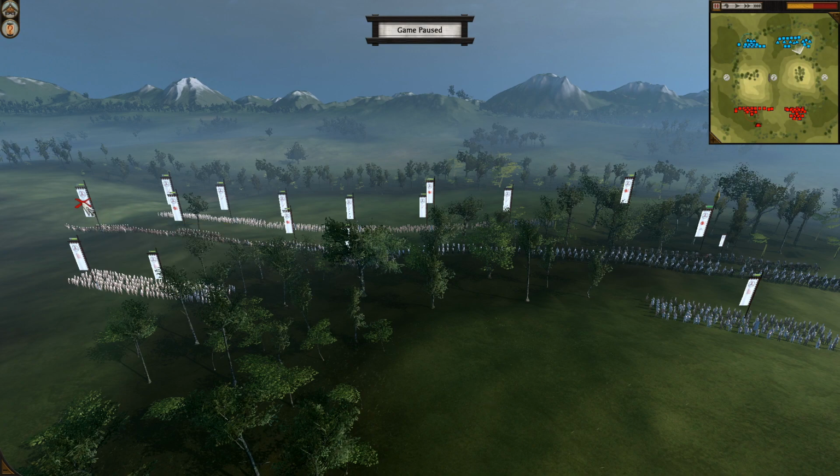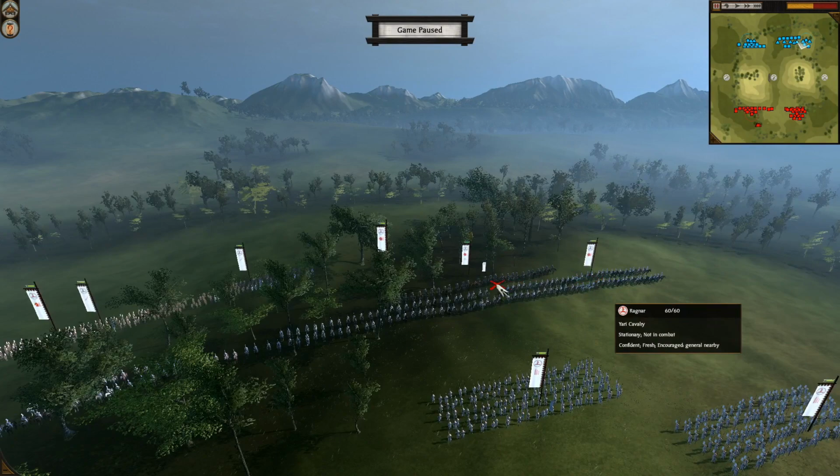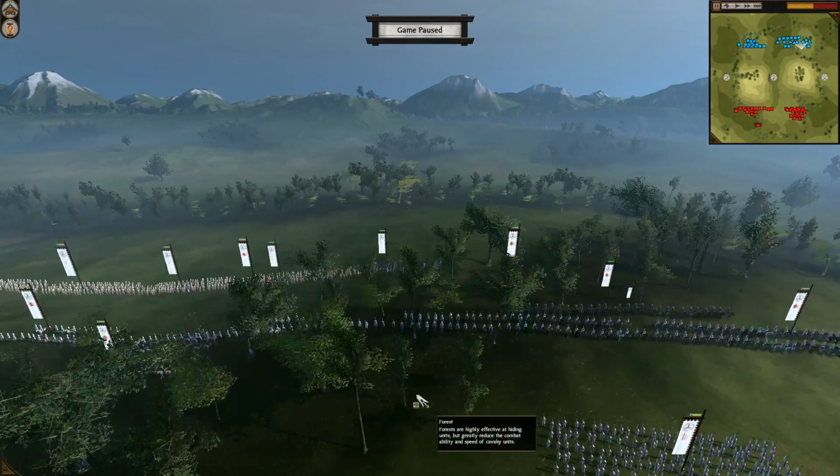But he's got 1, 2, 3, 4, 5, 6, 7 cavalry units, either light cavalry or Yari cavalry. The difference being light cavalry has fewer units, not as good in melee combat, and a slightly weaker charge compared to a Yari cavalry, which has more of everything. I think Yari cavalry are one of my favorite units, and then his bow general. So he's got 8 units of cavalry,